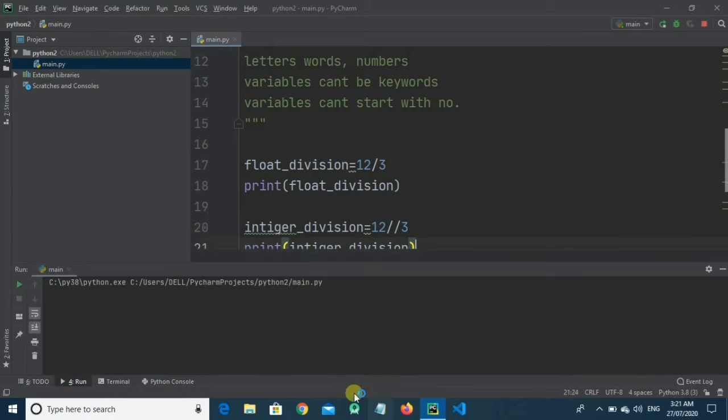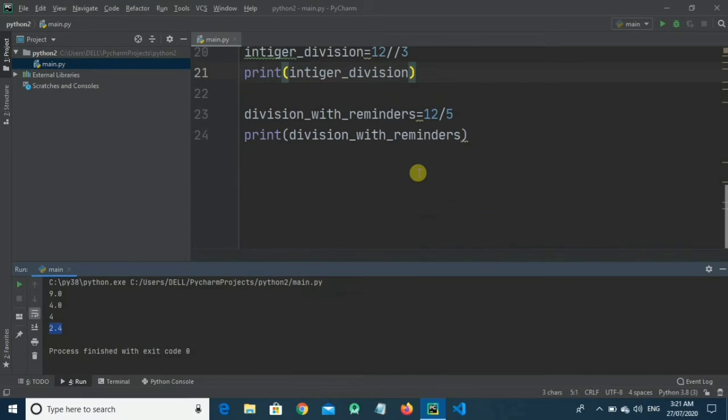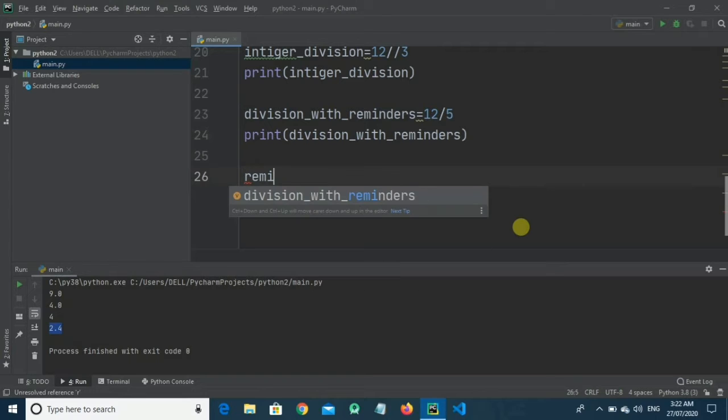Okay, now here you can see the answer is 2.4. But now let's see what if we take the same values and just print the remainder of it. To do this, we use the modulus sign in Python.